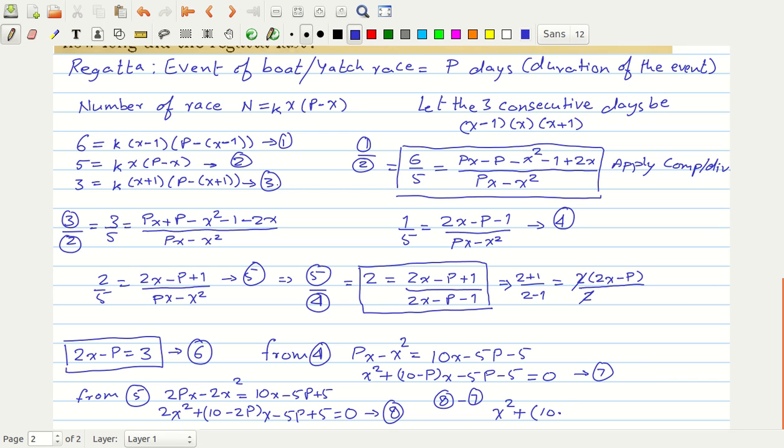So, 10 minus 2p minus 10, and minus p will become plus p x, minus 5p and minus 5p will cancel out, and you have 5 minus 5, minus 5 becomes plus 10 is equal to 0, correct. So, 10 and minus 10 cancel. So, you get,